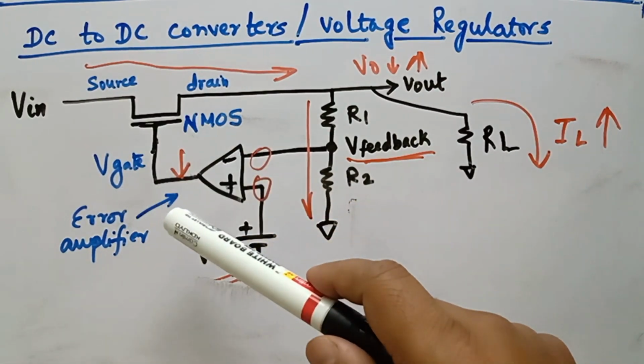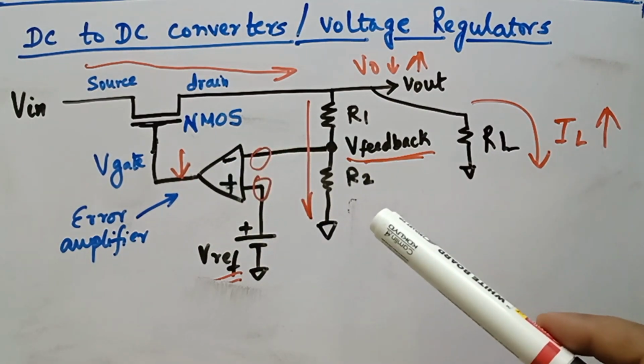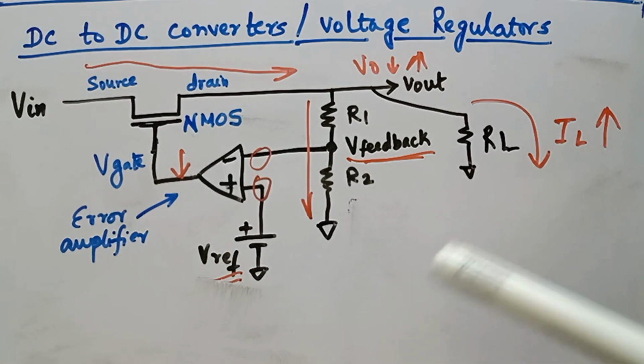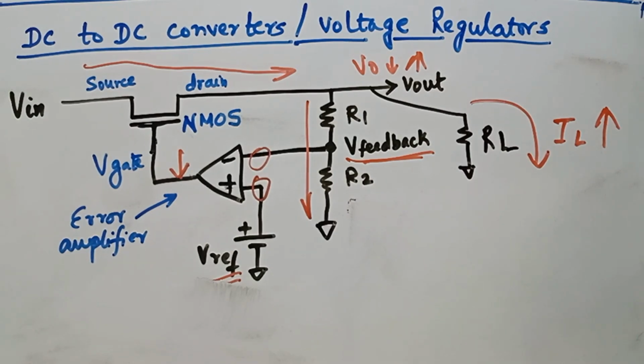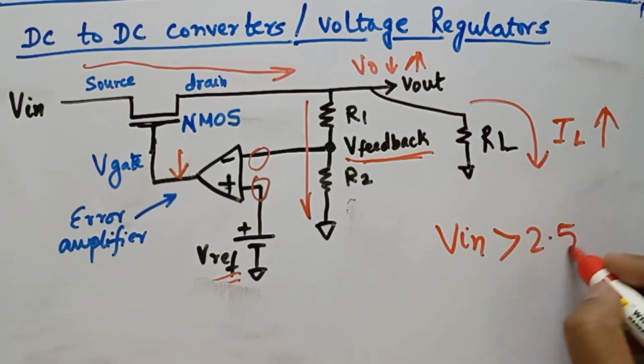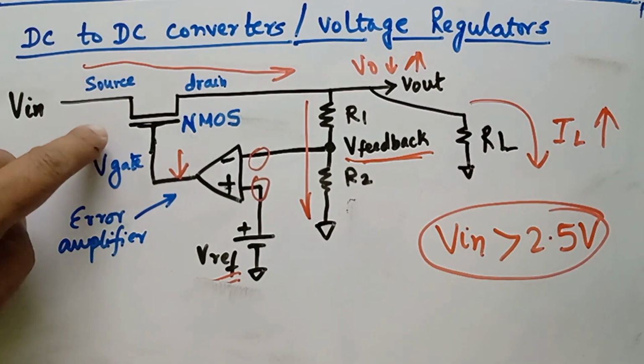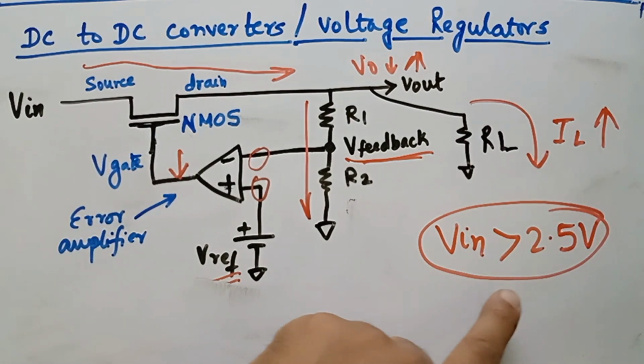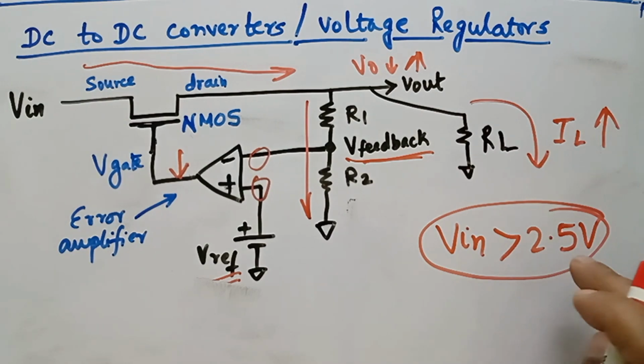But since Vg cannot be less than 0 volts, the V in has to be something more than the threshold voltage of the gate, and that is around 2.5 volts for the PMOS for these sort of transistors. And therefore those linear regulators have a voltage in which V in has to be more than 2.5 volts to operate. Using an NMOS transistor here helps in reducing the dropout. This is known as the dropout voltage. So it helps in reducing this dropout voltage by simply using an NMOS transistor here,